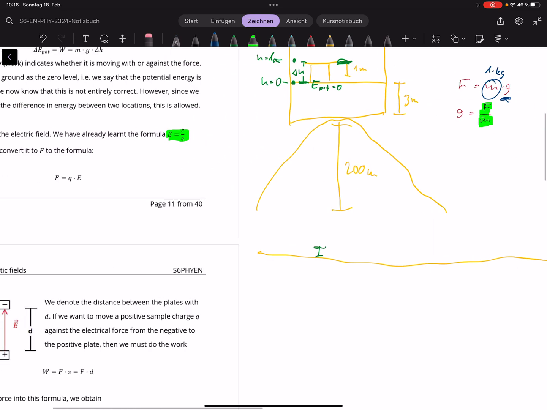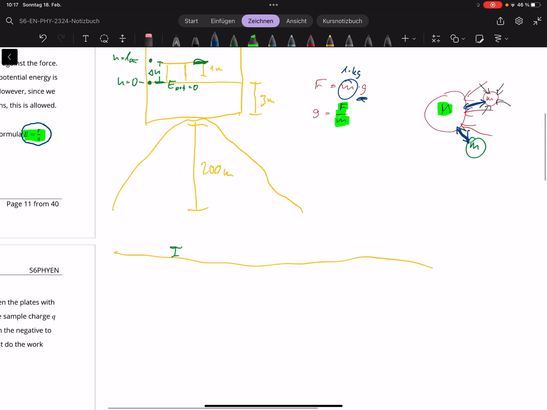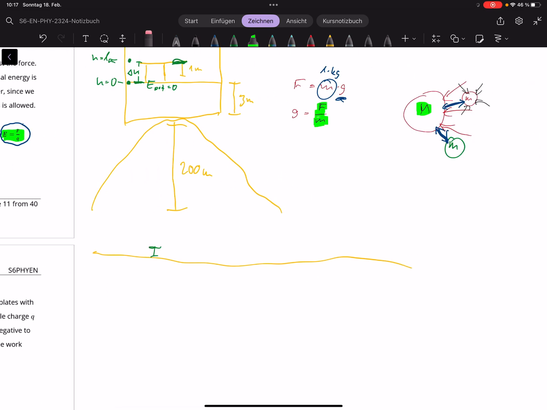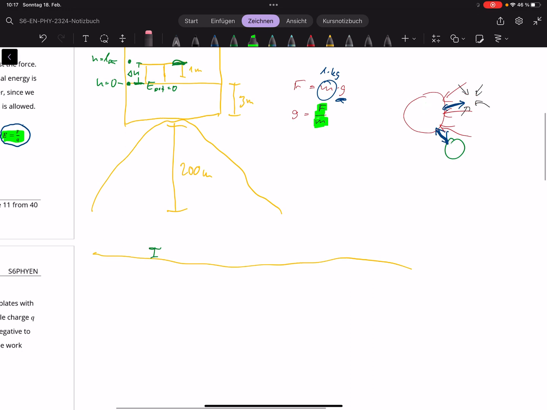Now, here in the electrical field, we define the field strength in exactly the same way. So our E is what we had before with the G. We say we can measure the force, but only if there is a second charge in that field. So I could just come here and replace the m's